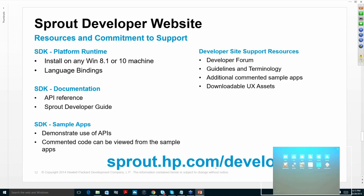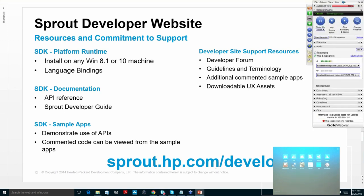Now, the two technologies that we're going to be showing off today are previews. They are coming soon, and they will soon be part of the developer website. We will be messaging everyone who attends the webinar when those two tools are available on the website. We're thinking this is about a 2-week, maybe 3-week time frame, and at that point we'll have both the Unity plugin that we're going to show you and the tools to unlock the RealSense camera available at sprout.hp.com/developer. So with that in mind, let me introduce Sohaib, who is going to walk you through the new plugin